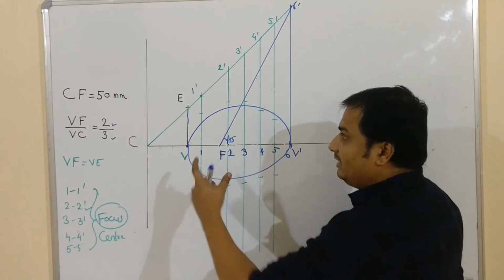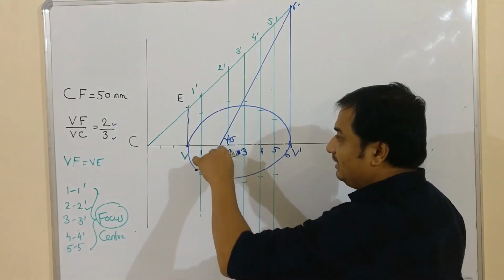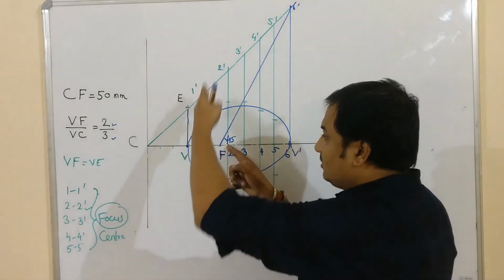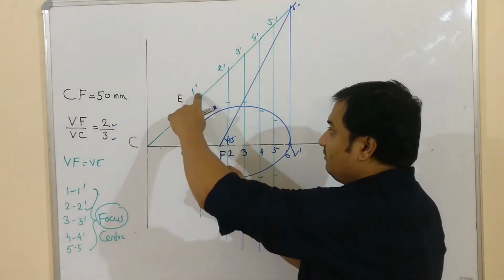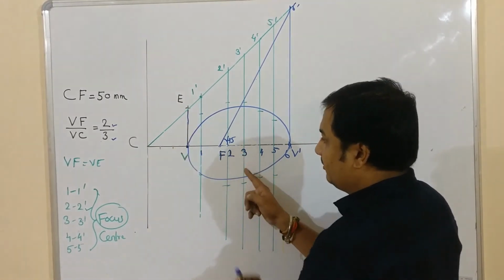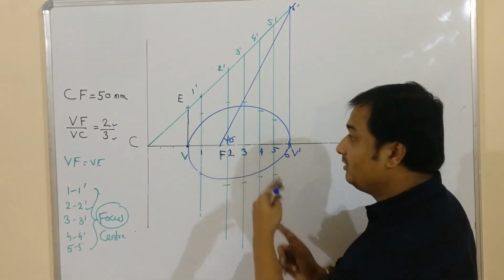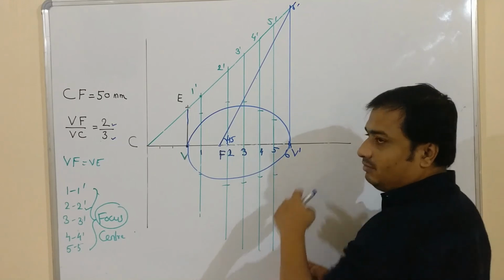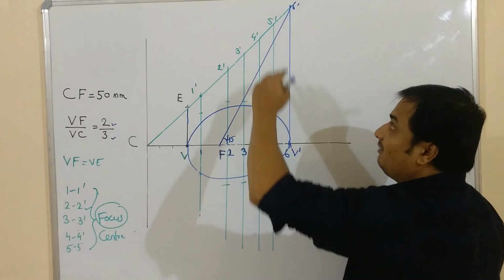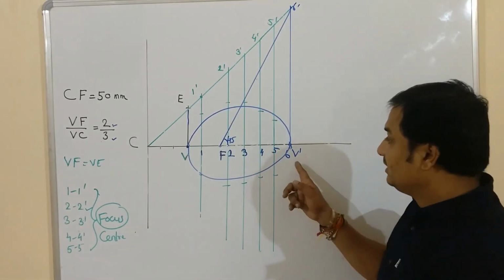So now take radius 1 1 dash, 2 2 dash, 3 3 dash, 4 4 dash, 5 5 dash, and the center will be common, that is the focus. Now cut an arc on the same line. If you are taking 1 1 dash as the radius, take the focus as center and cut that particular line, top and bottom. Same for the 2 2 dash radius. Now to get the end point, draw a line of 45 degree from the focus. It will intersect the C line at some point, draw a vertical, and again you will get the second vertex.